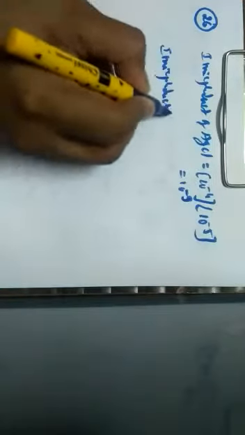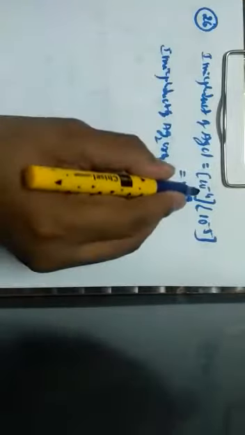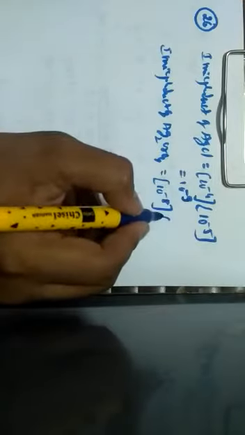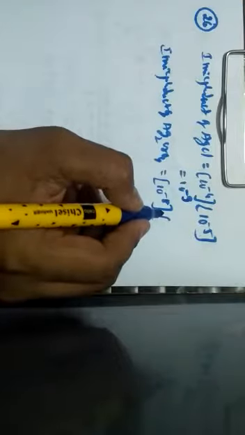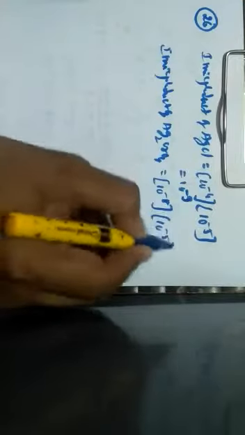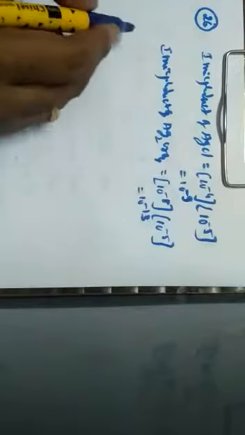In the same way, when I calculate the ionic product of Ag2CrO4, silver chromate, silver is what? 10 to the power of minus 4, twice of it means 10 to the power of minus 8. And the chromate ion, they have mentioned it as how much? Chromate ion has been mentioned as 10 to the power of minus 5 moles, each of chloride ion and chromate ion. So again the chromate ion is also 10 to the power of minus 5, which comes out to be 10 to the power of minus 13, because bases are same, powers can be added.